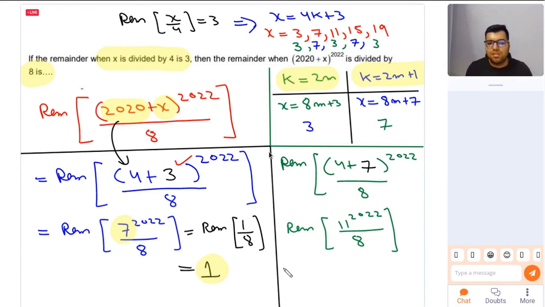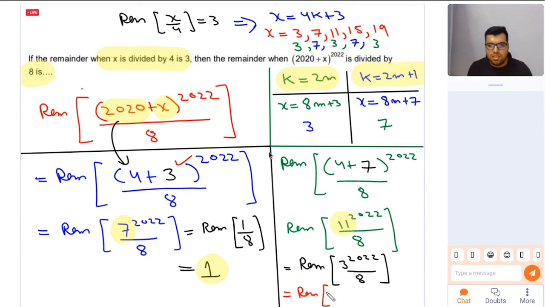So this is the remainder of, now replace 11 with its remainder with 8. So I will put it like this: 3 raised to power 2022 with 8. Okay, what next? Now I know the closest power of 3 to 8 is 3 squared, 9, which gives a remainder of plus 1 with 8. So I will break 2022 into parts of 2. It is 2 into 1011. So this becomes the remainder of,